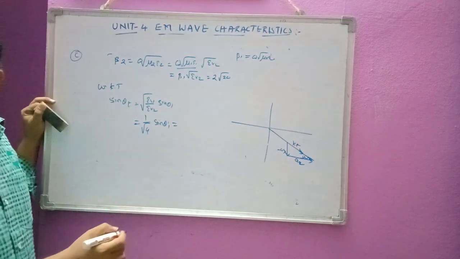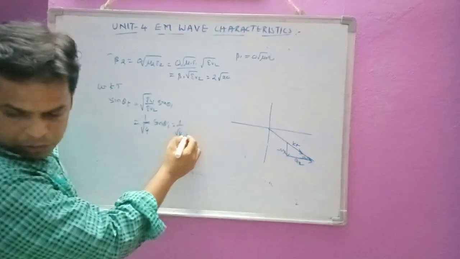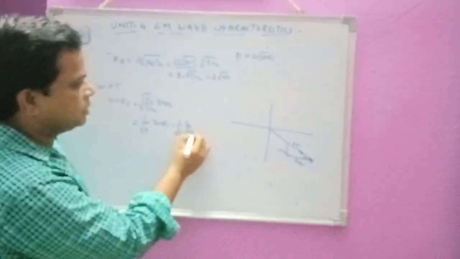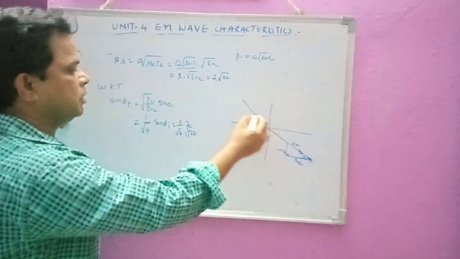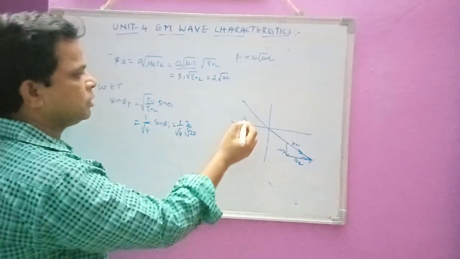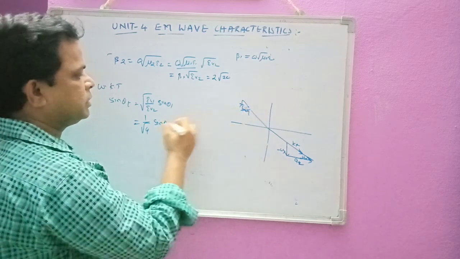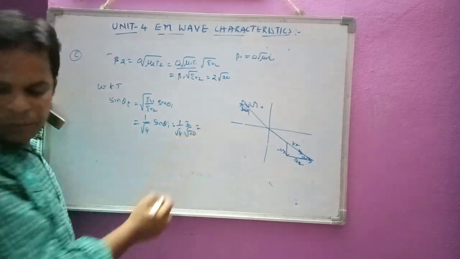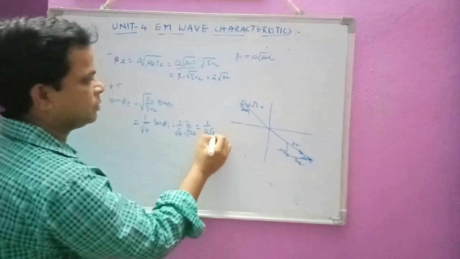So this value will change. That is, sin theta i is already equivalent to 1 by root 4 into 2 by root 20 here, 2 by root 20. This is from the diagram. Already we have seen from the incident diagram that we are having 4, 2 and 4, that is cosine and sine components 2 and 4 here. Sin theta is equal to 2 by root 20, where root 20 is the resultant. This will be equivalent to 1 by 2 root 5. I can write here 1 by 2 root 5.